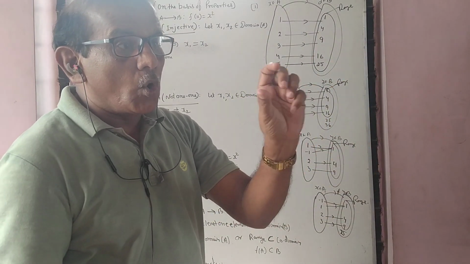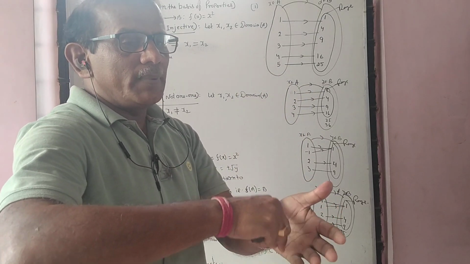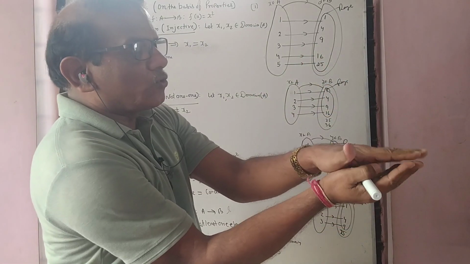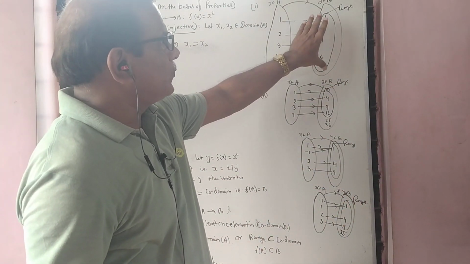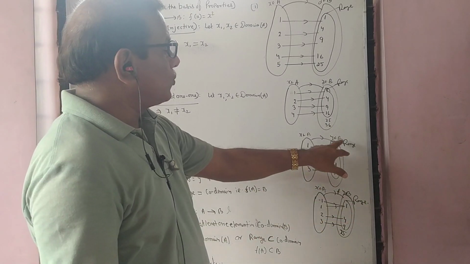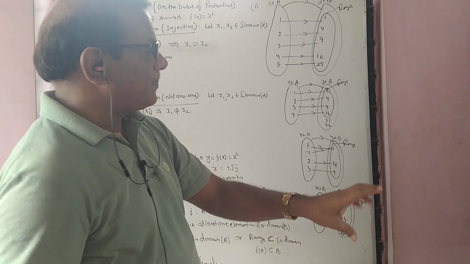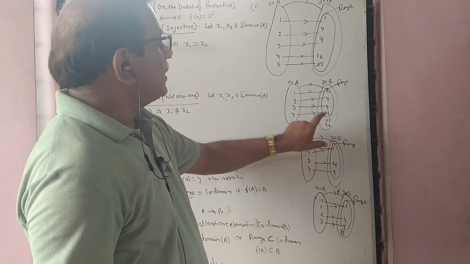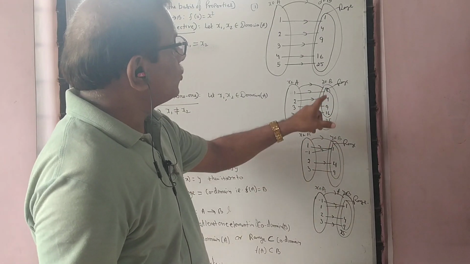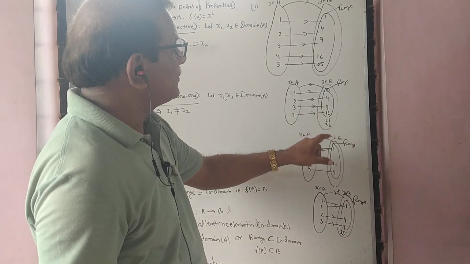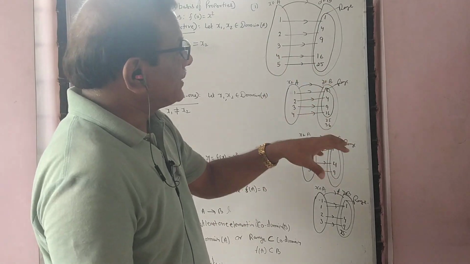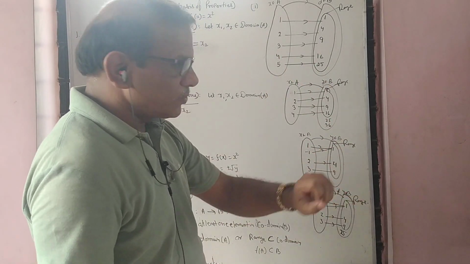In English, the meaning of into is something into the bucket, into something. On means on the table, on the surface. Similarly, range and codomain overlap each other, this is an onto function. The third one also: range contains 1, 4, 9 and codomain also 1, 4, 9. Range and codomain overlap each other, this is also an onto function. But here range is inside the codomain. Range is smaller, 1, 4, 9 and 16 only, and codomain is the bigger set 1, 4, 9, 16, 25, 36. So every element of range is in codomain, but the codomain has some extra, that is into. This is into, and here it is also an into function.